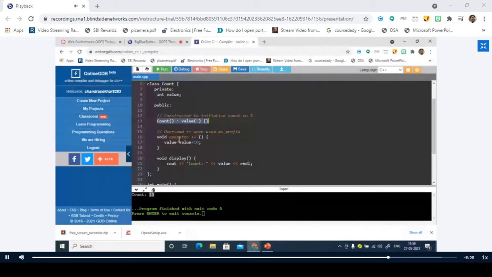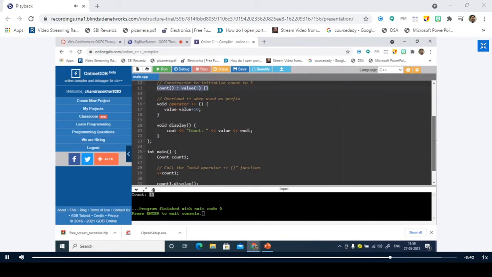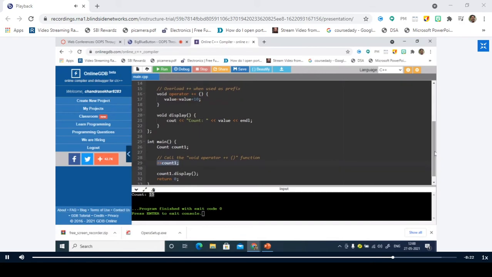Now in the increment operator, in general, increment means, it is not the syntax, it is the semantic, you increase the value by 1. But this time I am not making use of this plus plus to increase the value by 1. I can write my own code here. So I made this value to be incremented by 10. So what does this plus plus count1 represent? It is a function call, right?